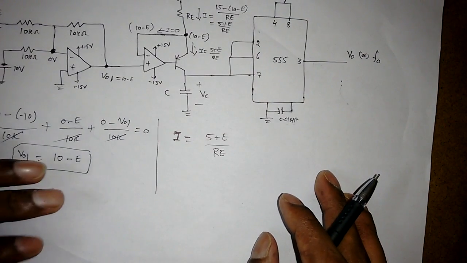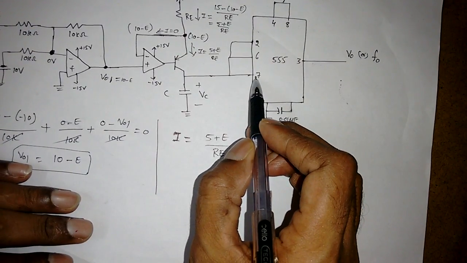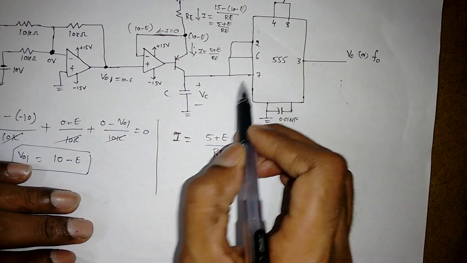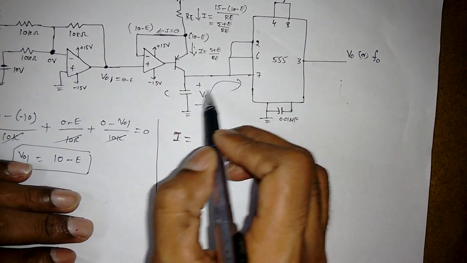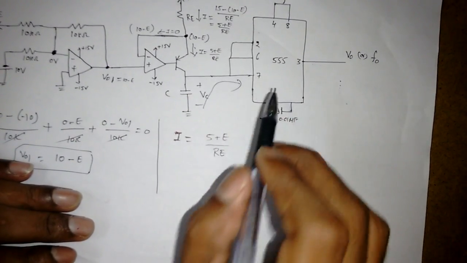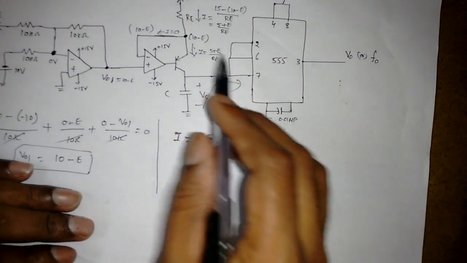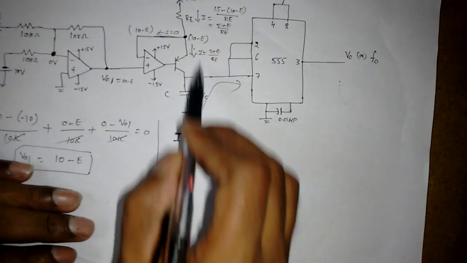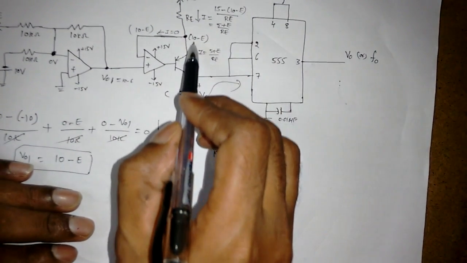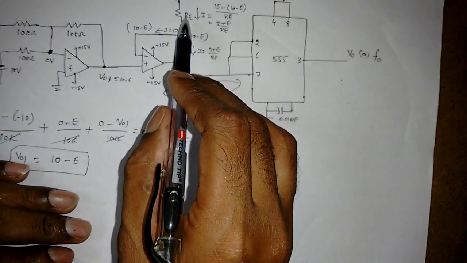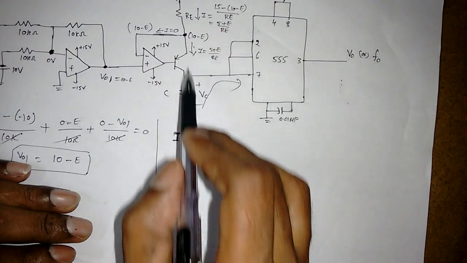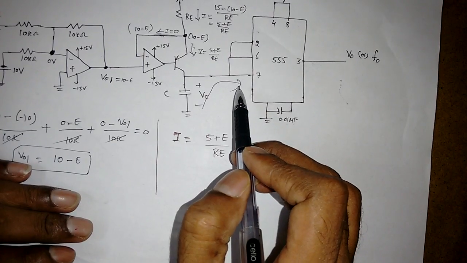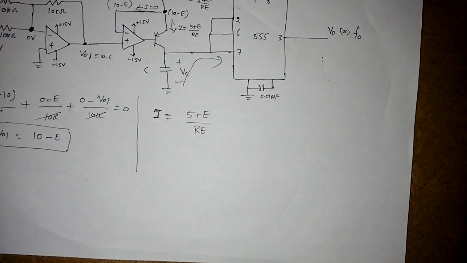But if you see this diagram, the 7th terminal is not connected to any resistor. So whenever the capacitor discharges, there is no resistance, so the discharging time constant is 0, and it will quickly discharge. But whenever it is charging, it charges through this RE and this capacitor, so there is a resistance in this path, so charging time will be more, but discharging time will be very small, right? Now how it will charge, that we have to see now.